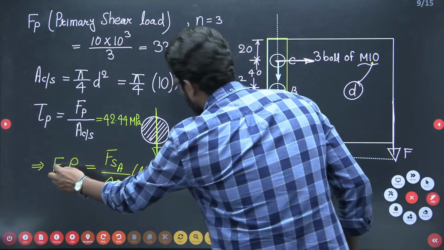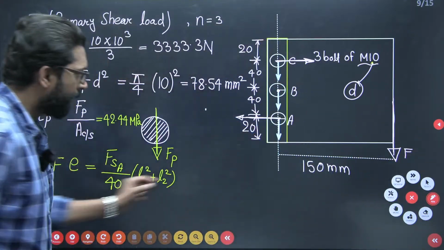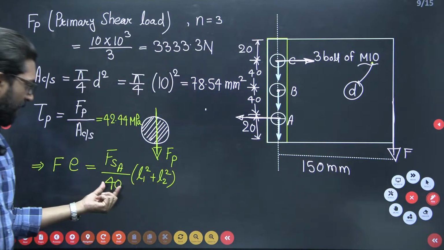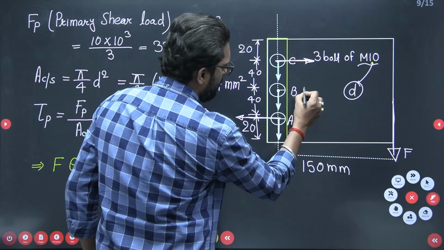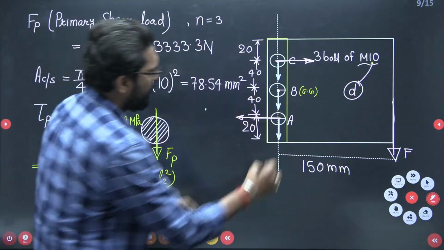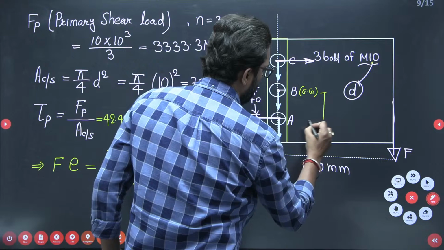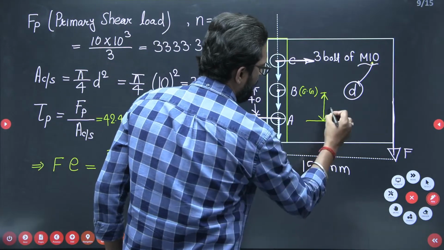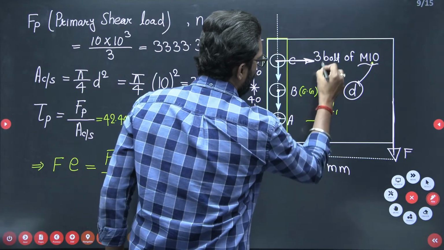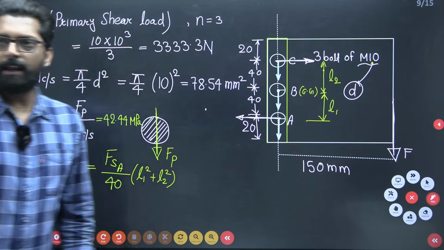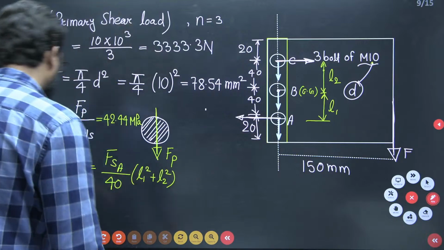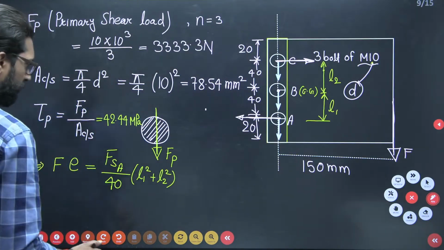So FE, no problem. This eccentric load into eccentricity, secondary shear, divided by 4 times... what is that? This bolt is your CG. From this CG, there is a distance. This distance is your L1. From this CG, this bolt distance is your L2. Clear? L1 and L2 are both the same, 40. So if you put in all these values and calculate,